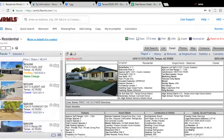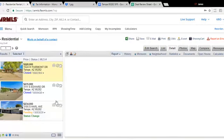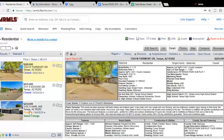So that's our residential. We have our three comps there, 35, 34. Oh, and I didn't add the other ones. The other ones were 50. And so we're going to throw it for 250 out there, because that's the other thing I want to talk about